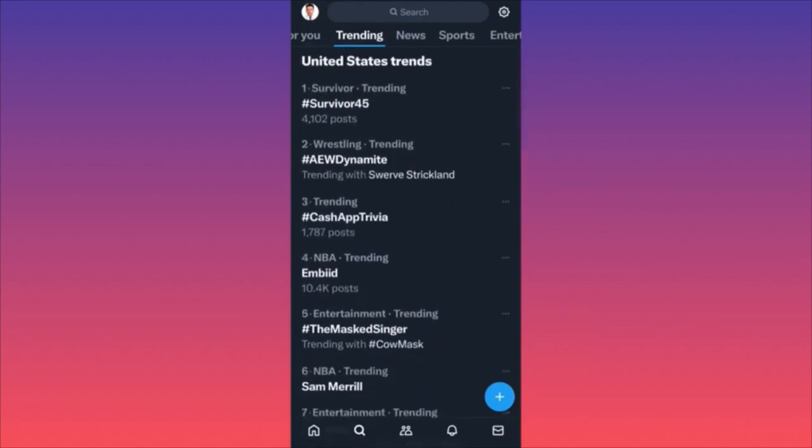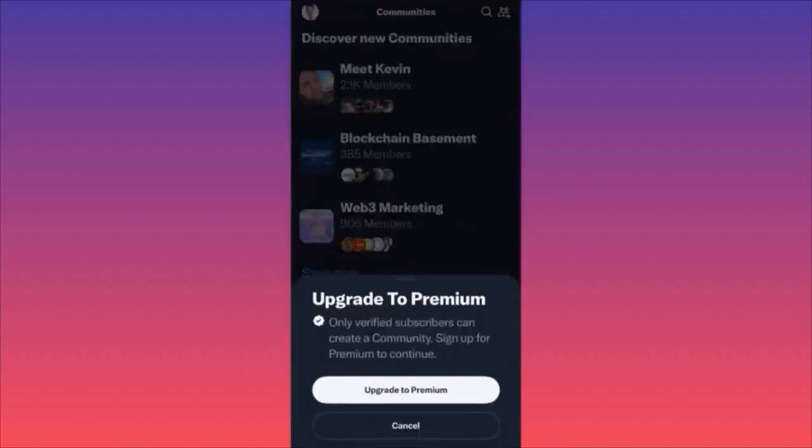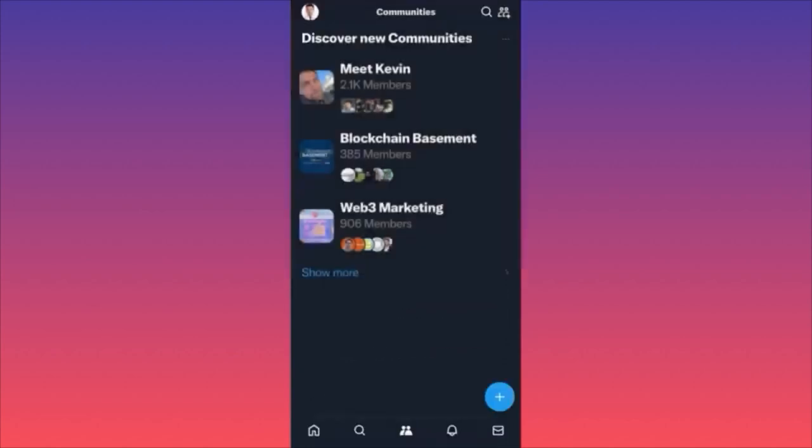Then if you look back down again, you will see the icon which you have like a double figure. If you click on the double figure in the middle, you will see that there are new functions that is called communities, which essentially it's a premium function. If you want to create your own community, you gotta first of all opt in for the subscription, and then you click on the top right corner. You will see that only premium verified subscribers can create the communities. So this is very, very interesting. What I discover, I don't usually